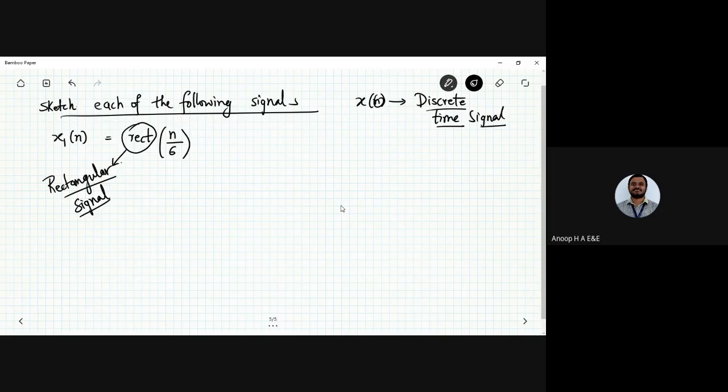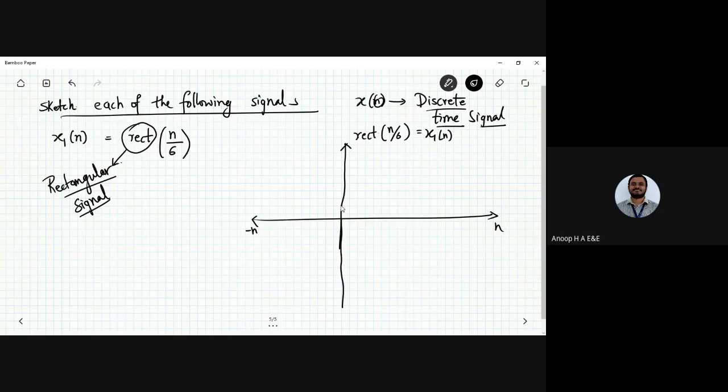It will be the rectangular signal that I need to apply on. I mean, the signal shape would look like this. And let me make an attempt to do the rectangular type of signal. Rectangular n by 6, that is equal to x1 of n. Okay, so that is minus n. Okay, let me sketch a signal right now, and what you are going to observe here. So that would be 1, 3, 4, 5, and 6. Okay, so rectangular nature, I need to apply it. So I'll be having the rectangular nature. Okay, so once you are going to have the rectangular n by 6.